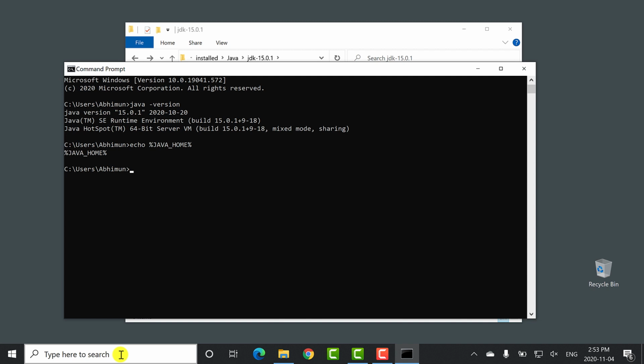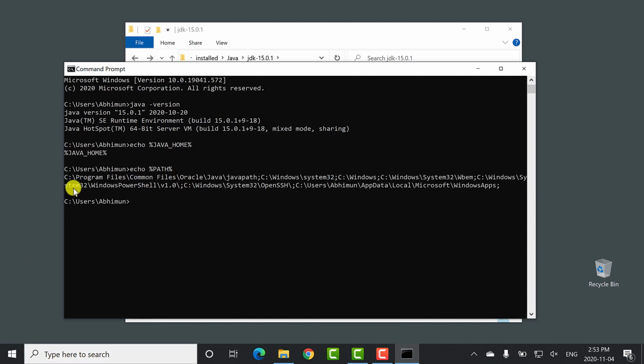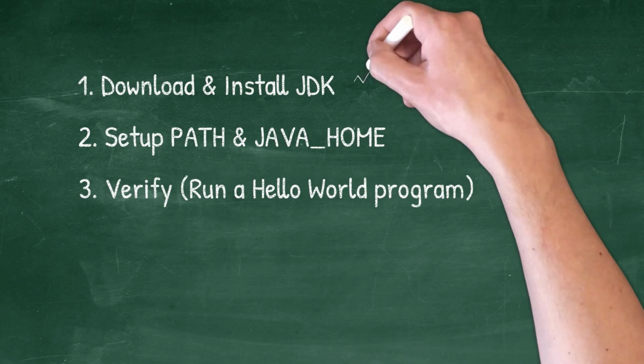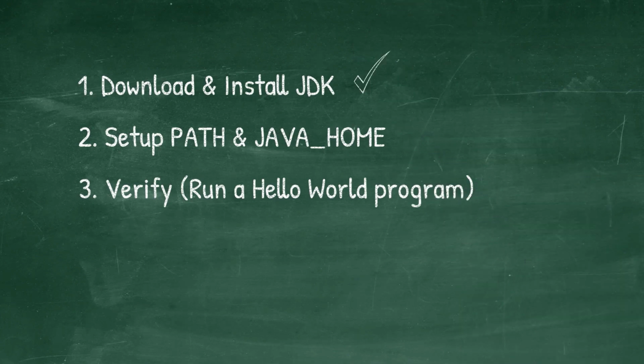Now let's check what it configured in the path variable. To check that, type echo %PATH%, and you can see it returns the path variable. At the very beginning, we can see C Program Files, Common Files, then Oracle, Java, javapath. So that means once the JDK installer got installed, it set up this path in the Windows path variable. Though the JDK installer configured this path, we are still going to set up our JDK home and binary folder in the path to get the full advantage of this JDK.